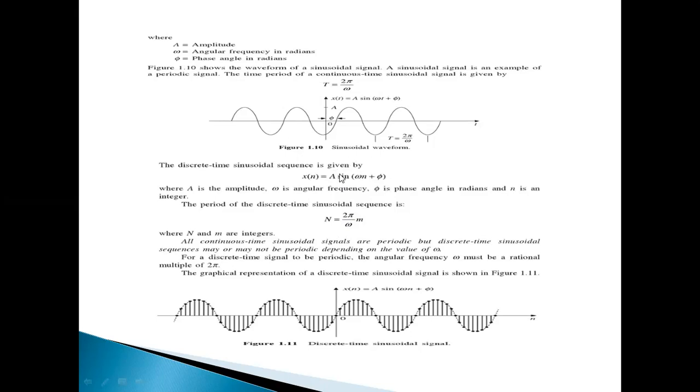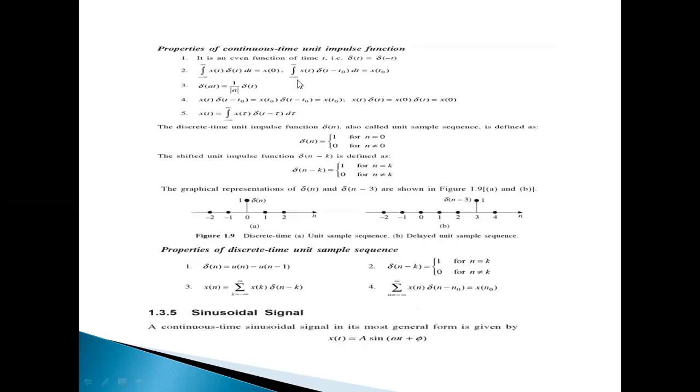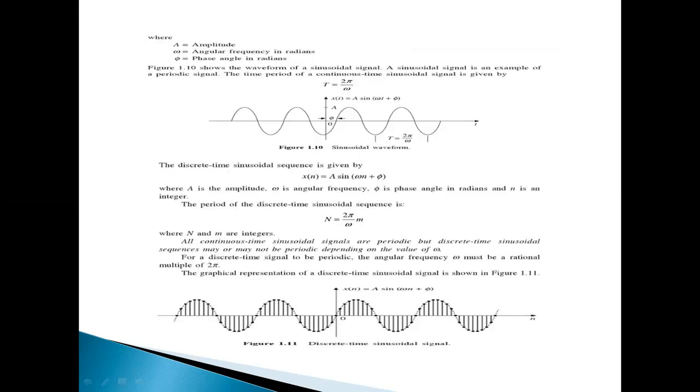for the signal. Amplitude scaling: previously we saw delta of AT as scaling for the time axis, not for the amplitude. A multiplied with delta of t is the amplitude scale. The same here for the sinusoidal signal: A is the magnitude, and the signal swings between plus A and minus A.